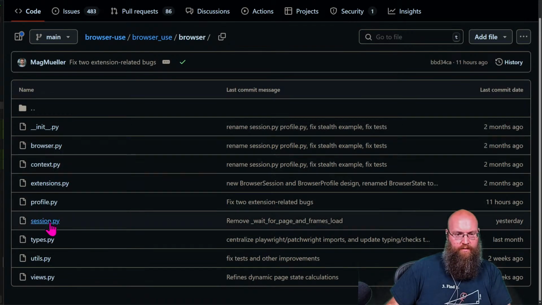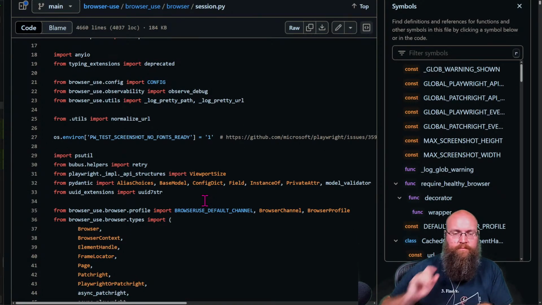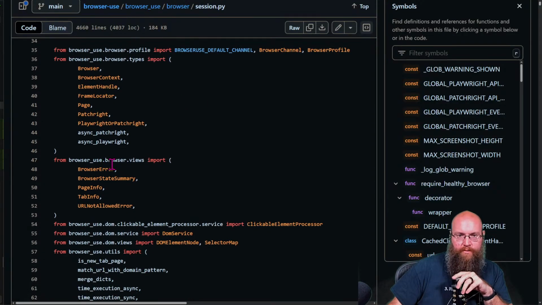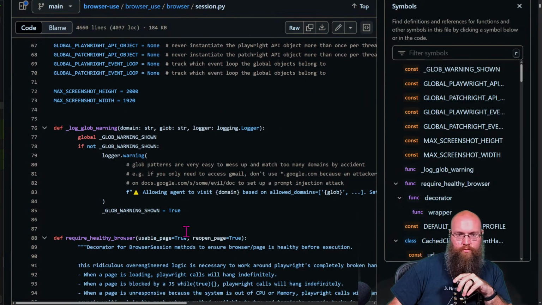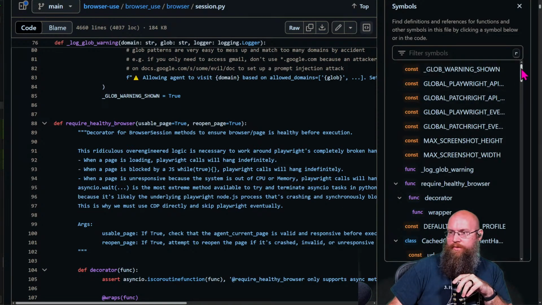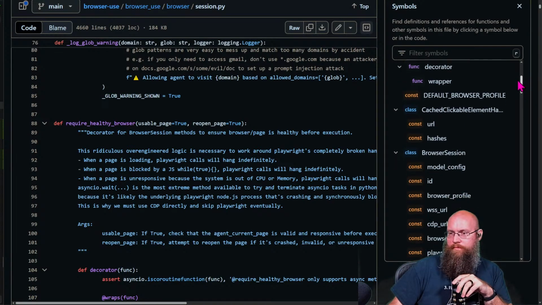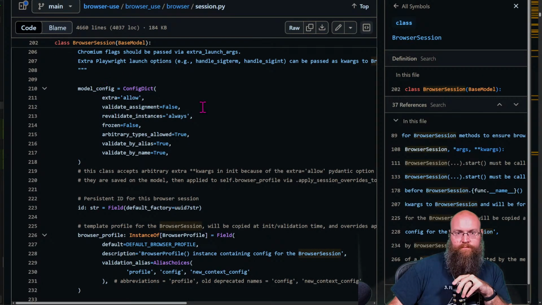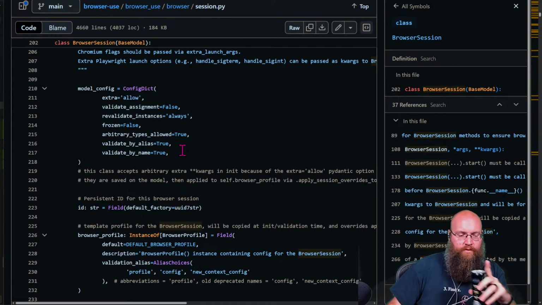Let's look at the browser session here. So how's it initializing the session with it? So we import those types. We have a couple different views we import. Actually, let's look through over here. There we go. So there's the browser session class. So one of the issues that I think it's running into here